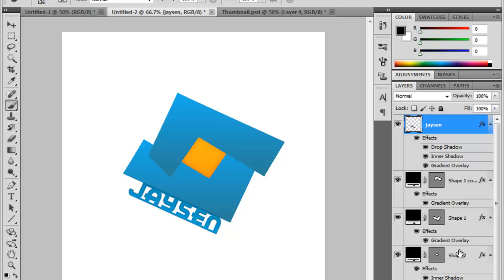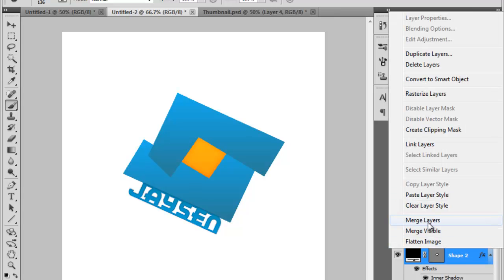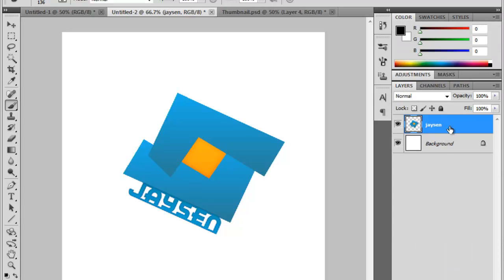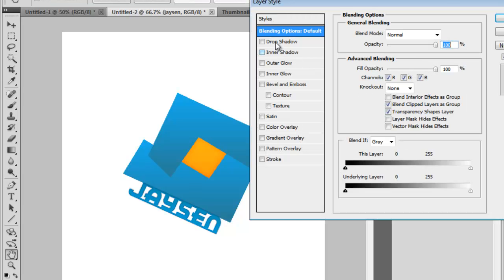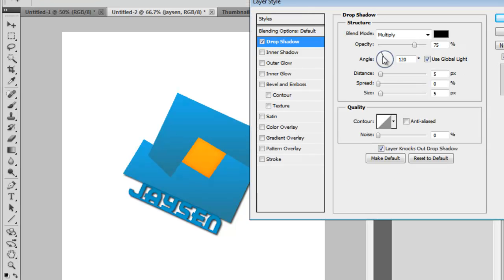What you want to do is merge these three files together, and you want to add a really good drop shadow to it. For example,